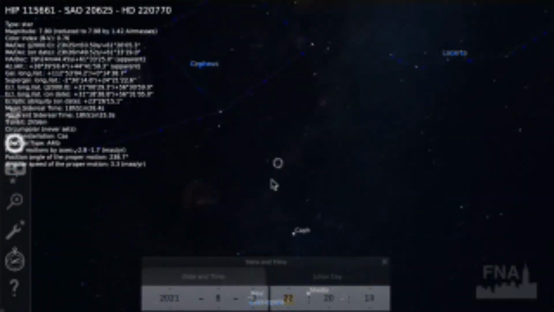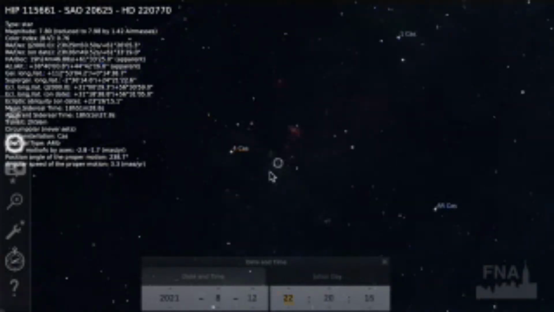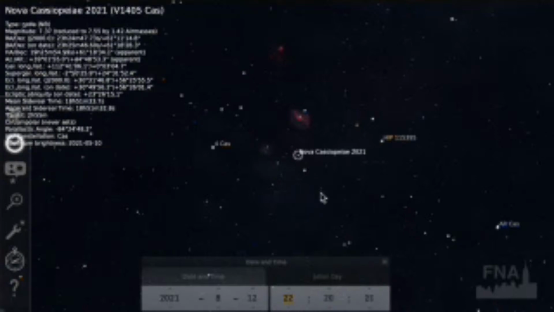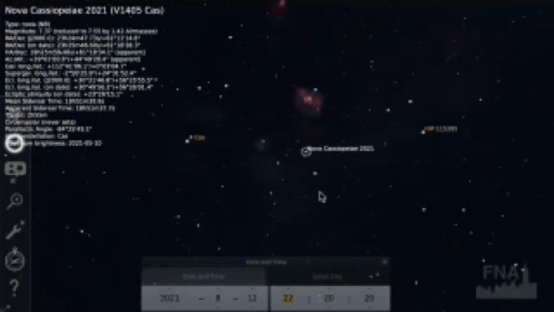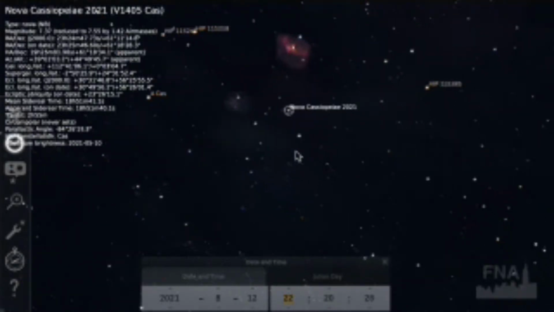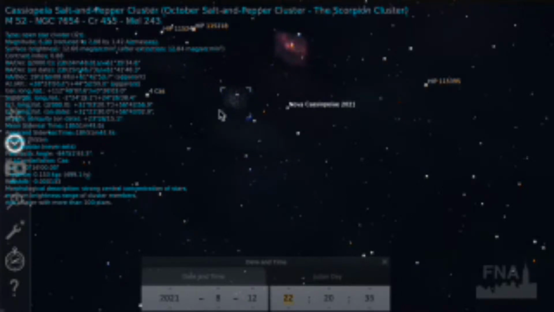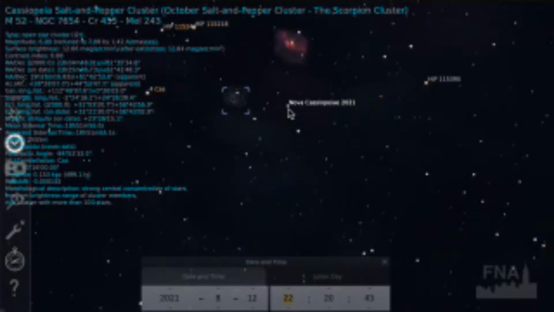But also, if we zoom in here, we should see it actually labeled in here. If you have Stellarium on your phone, which I do, it's great. You can take your phone app out there, or you can hunt down M52. So this cluster over here, this is M52. This nebula probably won't show up so well, but M52 in a dark sky should show up in binoculars and/or telescope. And then the nova is kind of the brightest thing around. It may look a little bit brighter than these two stars even.